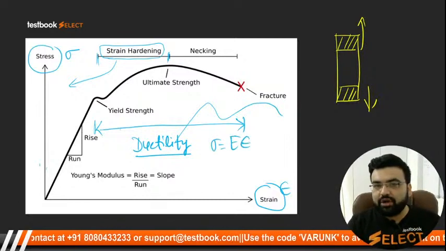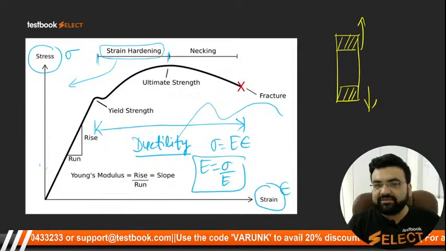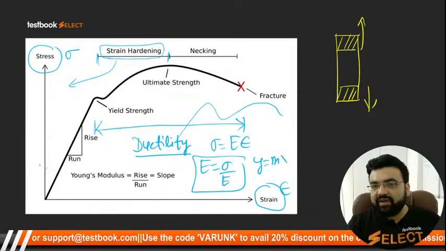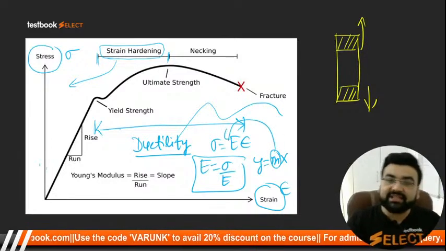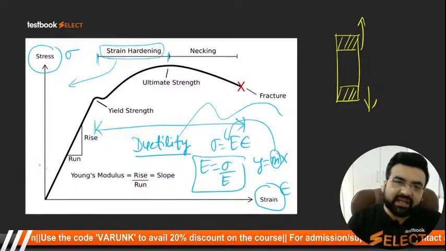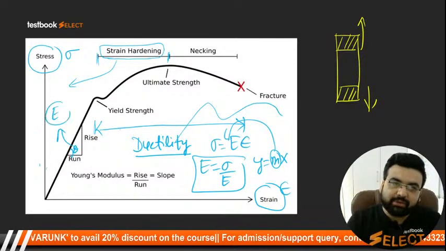Young's modulus of elasticity, we know that sigma is equal to E into epsilon, E will be equal to sigma upon epsilon. So if you compare it with this, y is equal to mx plus c, or y is equal to mx, m is going to be this E. What was m here in mathematics? That is slope. इसका मतलब कि अगर आप इसका स्लोप निकाल दो, ये थीटा निकाल दो, तो थीटा एक्चुअल में आपका E के बराबर हो जाएगा, सिंपल सी बात,